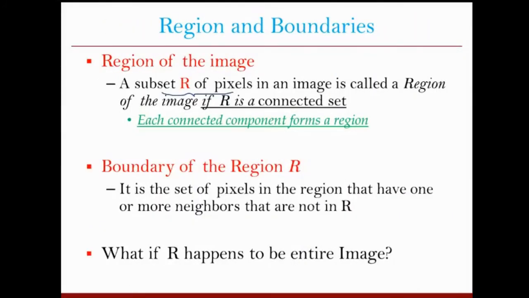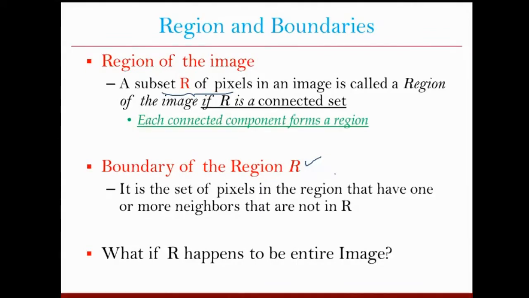How do we define the boundary of any region? As I mentioned at the beginning, if you call any pixel a boundary pixel for any region, and you compute its neighbors, you will find that some of its neighbors will be outside the region. So if you consider a region and process all the pixels of that region and find any pixel which has some of its neighbors not within the region, then we can say that those pixels are the boundary pixels.